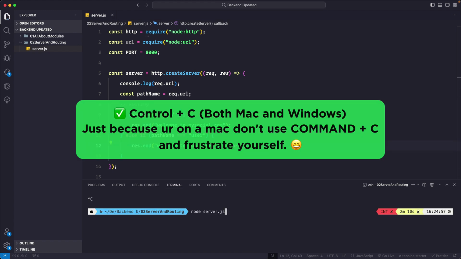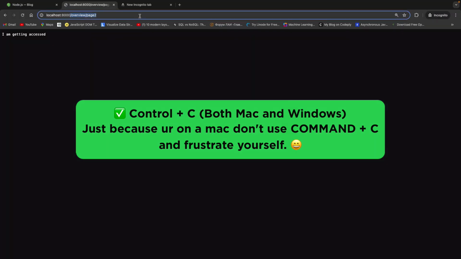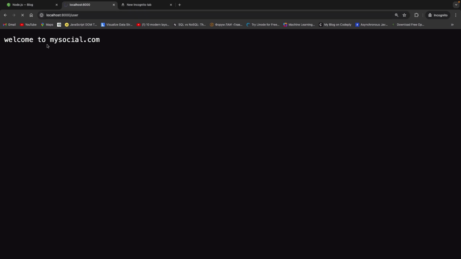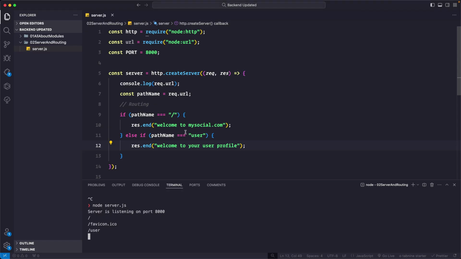Control-C to shut the server, restart again, and now if I go to colon 8000, hit enter, welcome to mysocial.com. And if I go to /user, you will see welcome to user. The internet connection is slow, that's why it is taking a little time to load, but it should have been fast. Okay, now it is here. You can see what is this. This preloader is hanging in the middle because I made a